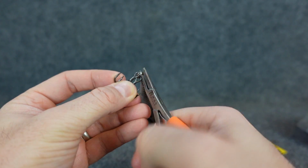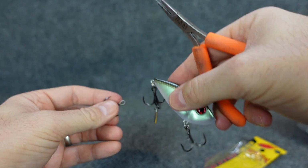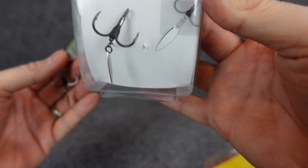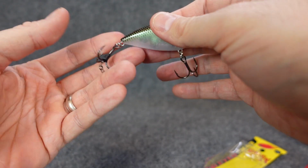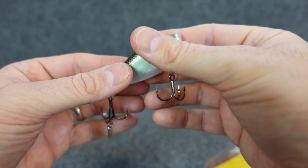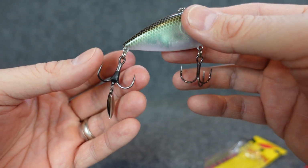Grab my split ring pliers, do the exact same trick I just showed you. That one comes off, that one stays on. And now you've got the bladed hybrid on here. This VMC hook has that bling back there. So it's a nice little blade on a swivel, and I upped this to a size 3. These come stock with size 4 on it. This shorter shank,